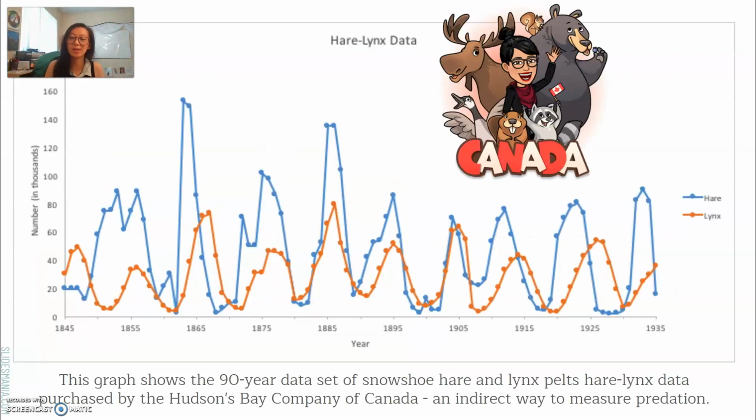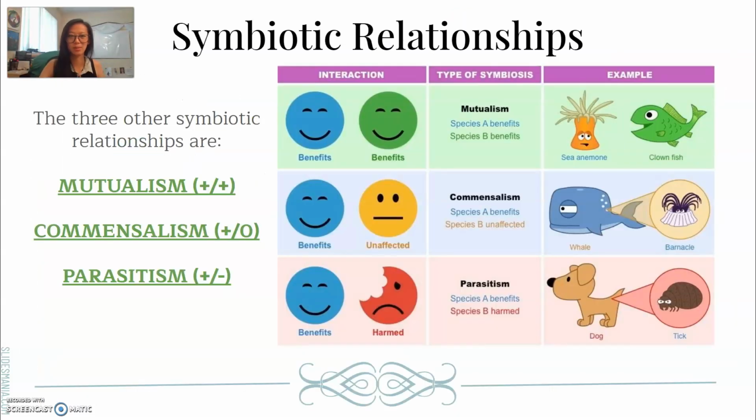So if we look back at this graph, you'll see that when we have these peaks and when we have these valleys, they're oftentimes going together, right? The blue and the red lines, the hare and the lynx, they go up and down together. They might be a little bit offset like this, but they're still interacting together. So that's a big thing that I want you all to remember there.